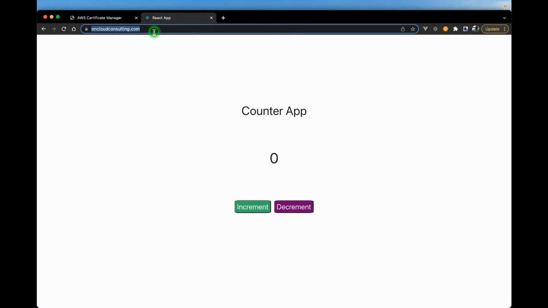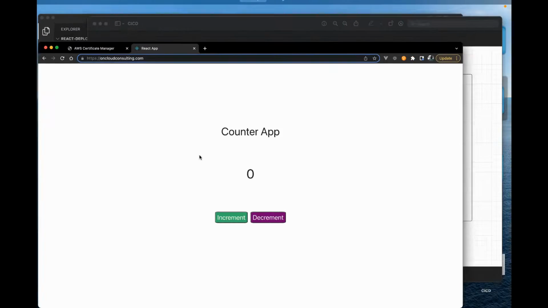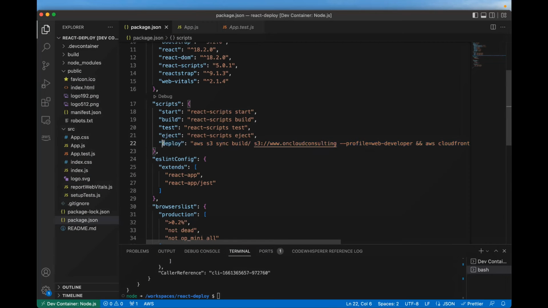Now that we have our site running on our custom domain, we can also deploy manually from our package.json. That's really good, right? But what if you want to set up something in a more automated way to deploy